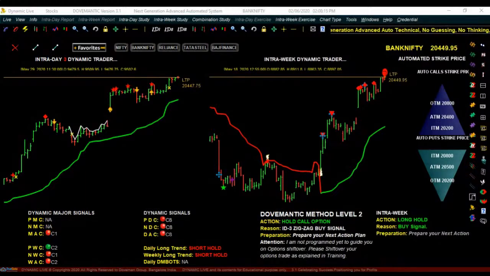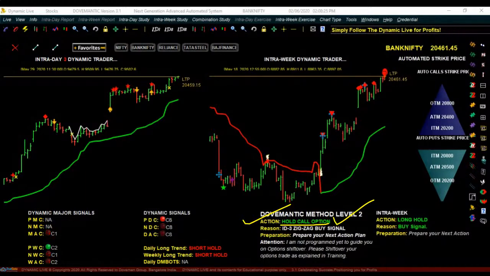Straight away you can start trading and start making money. And when it tells you to buy a call option, later it itself will tell you how long to hold your call option. You can see here, now it is written as hold call option. Finally, at some point here, it will be written as exit call option now. So when it says exit call option now, that is when you can go ahead and exit your trade. So when to enter, when to exit, it will automatically tell you that.